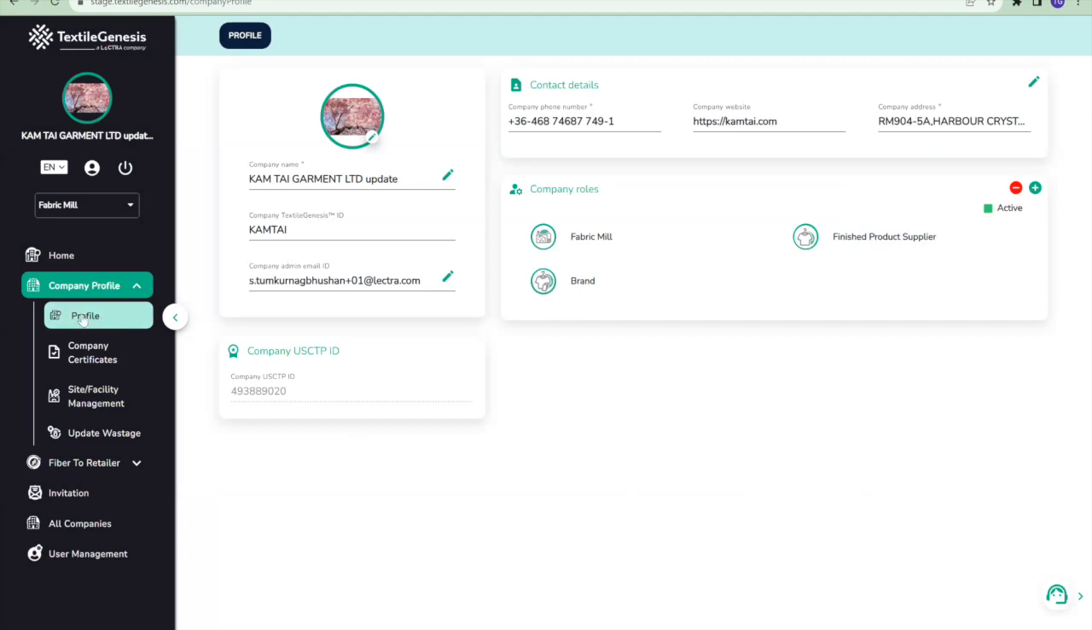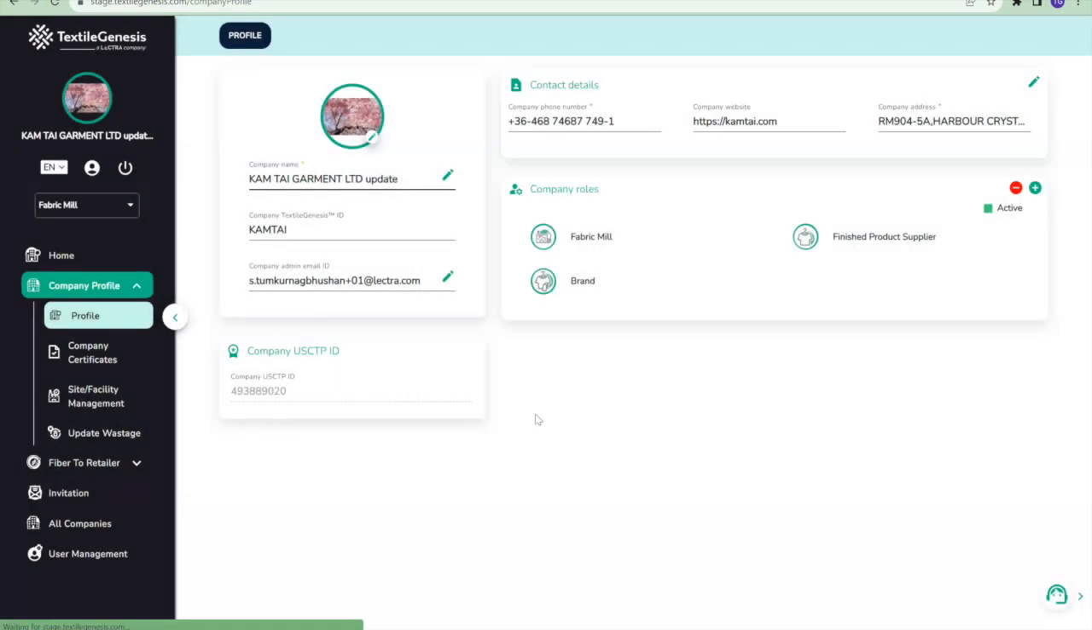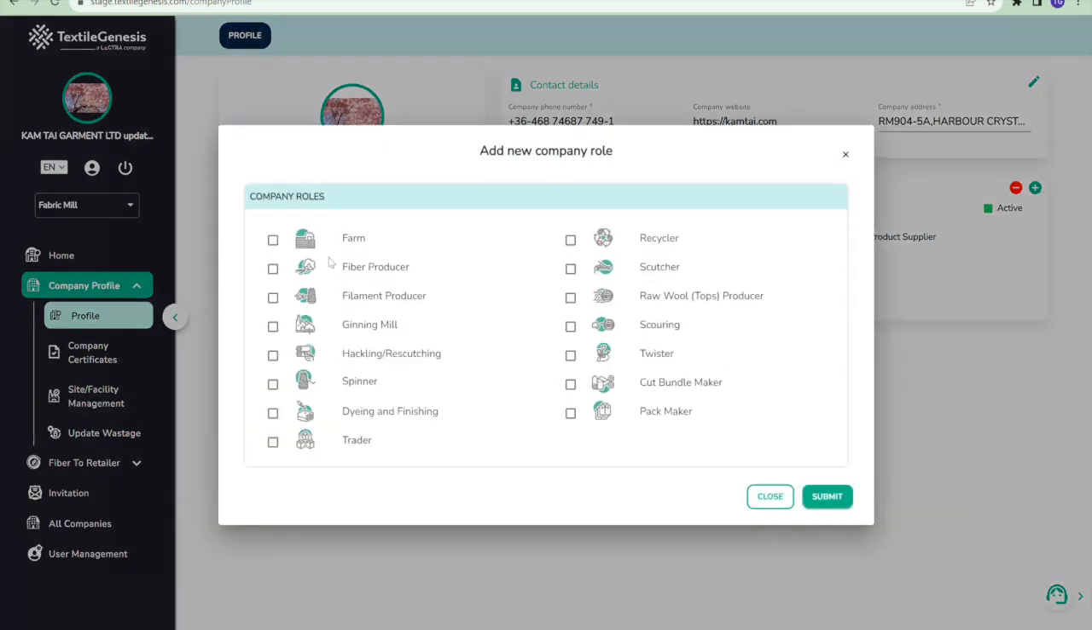Once you click on profile, you'll be able to see all the details related to the particular company. There is an option to edit the company name, the email address, and also the contact details of the company just by using the pen symbol. So anywhere across the platform, when you see a pen symbol, it's an option to update any of those input fields. And the other thing that I wanted to highlight here is that you can add and also deactivate roles from here. So as Ranga mentioned, we have now all these new roles on